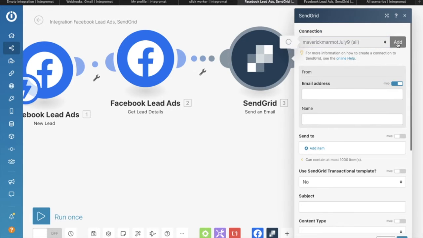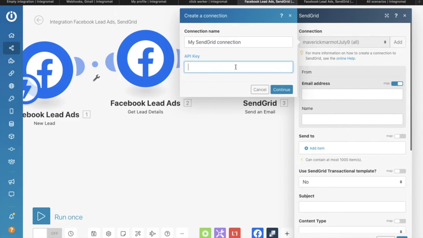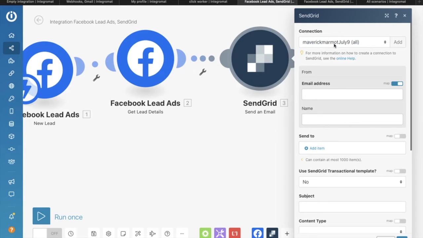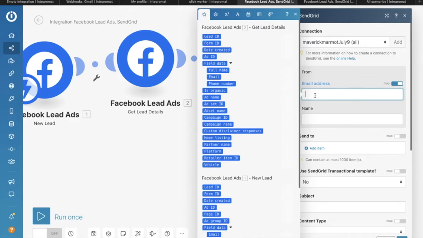You will have to go to the SendGrid dashboard, and on the left side you will see settings, and in settings you will see the API keys. Generate your API key with full access, name your connection, just give any random name, and paste your API key here. I have already connected my API key here, so I am not going to connect it again. So I will choose my API key, the SendGrid API key here,